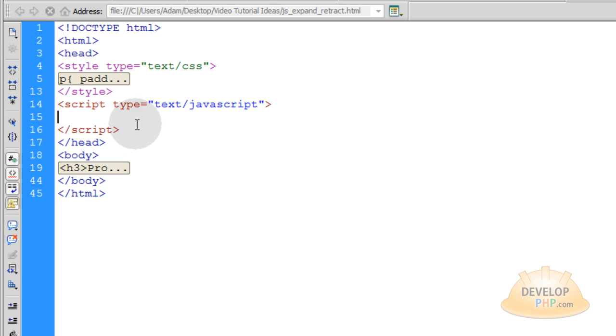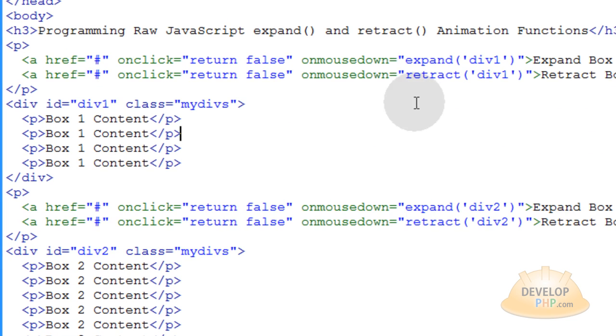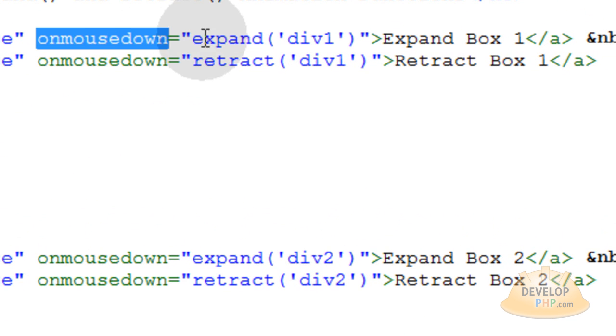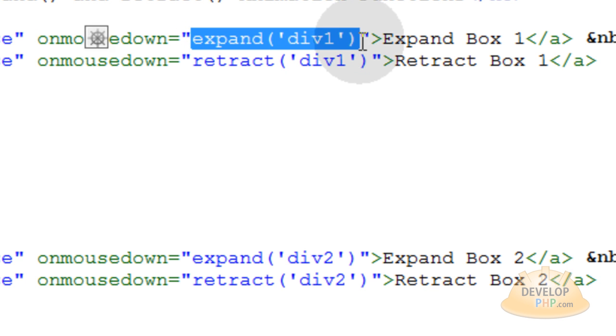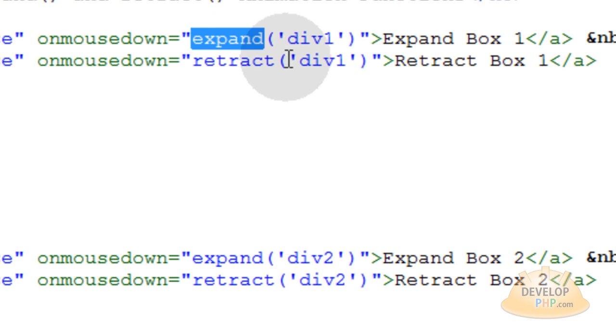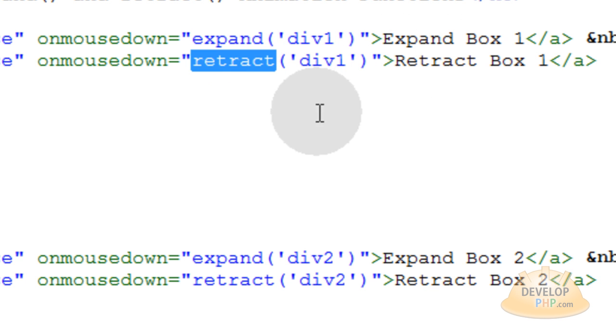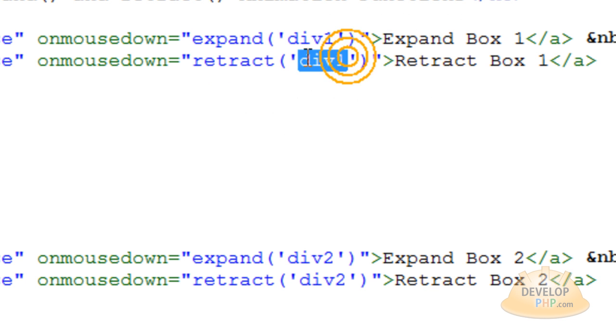Okay, before we start with our JavaScript, let's reference something in the HTML here. You'll see that each one of these links, when they are clicked, they just return false. That way the pound sign does not show up in the user's address bar. But in the on mouse down event, I put our little functions to fire off. And our little functions are called expand, when you want the box to expand. And then retract is the function that you run on the element when you want the box to retract back